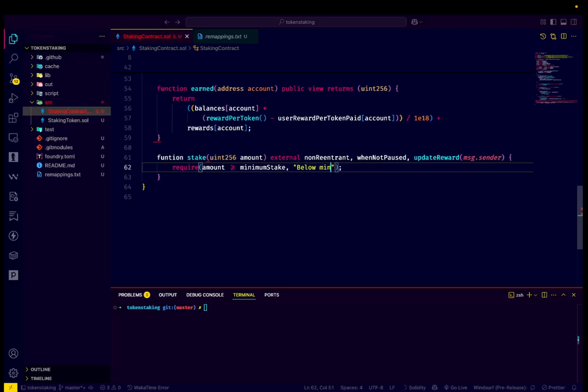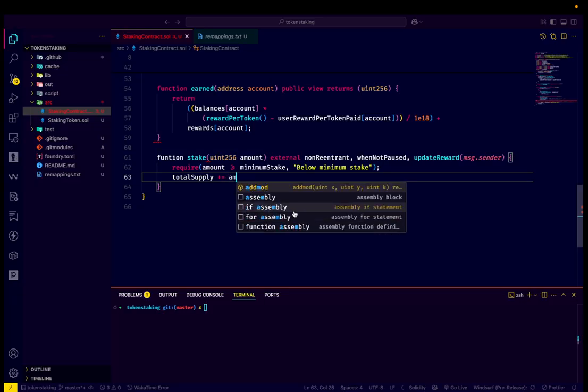Below minimum stake. And now let's say total supply plus equals amount,